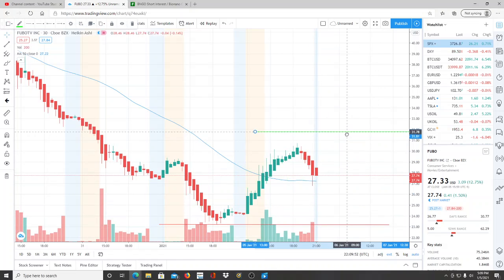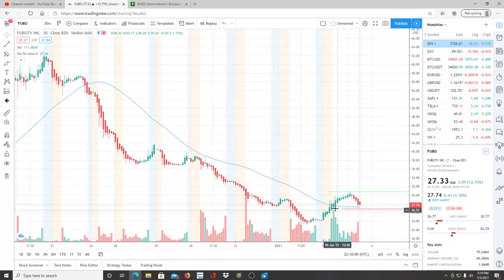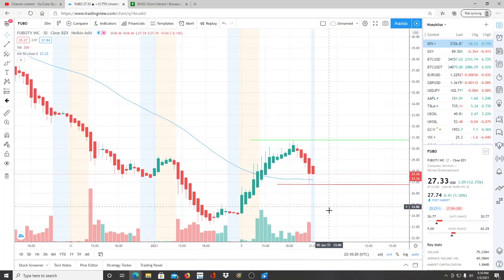Now I want to move this to its new location, and I want every single investor to be aware of these numbers. All of the numbers I'm about to share with you guys are very, very important numbers. So the low from yesterday, which was 23.23, is the most important support level right now. Very, very important support level. The 50-day moving average is 27.22. As long as we're above it, we're in bullish territory. The moment we're below it, we're in bearish territory. So we want to keep that in mind, and we want to pay close attention to how the stock's reacting if it breaks through it.